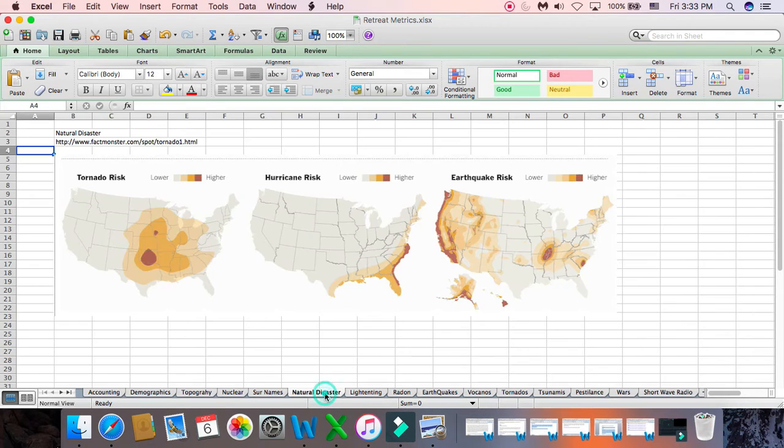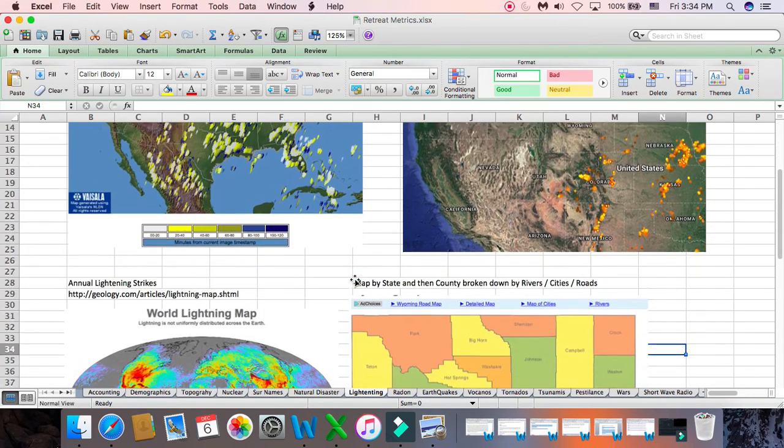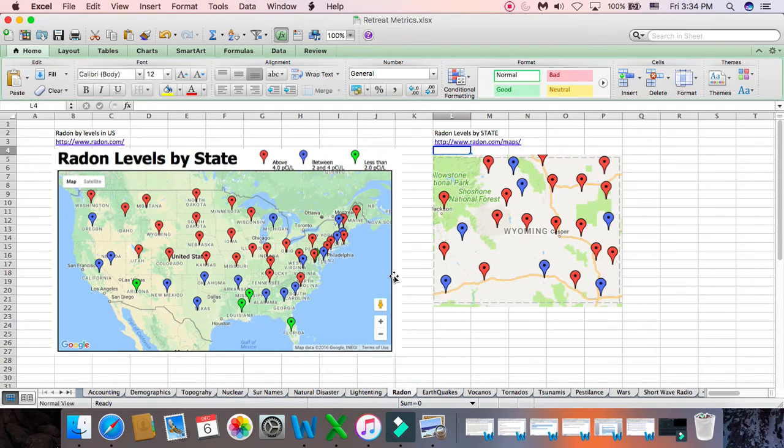So, the next one is natural disasters, tornado risk, hurricane risks, earthquake. All of these are found off of factmonster.com. I have broken it down by lightning strikes here. Some great research here. 4 different websites here I've got listed for you. Radon in the ground. What state is highest? It looks like the northern states have high radon, and then followed by medium levels of radon, and then low level of radon in the lower,